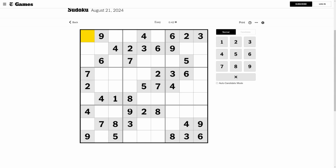There's no 9 in this row. There's a 9 on this row. None on these two. 9, 9. Okay, so I'm gonna start with trying to do the 9s. There's also a 9 on this row, this row, this row. None on this row. It can't go here. It could go here, or here, or here. What about... And then there needs to be one here. So there's one here. There's one here. There also needs to be one here. I could either go here, or here,